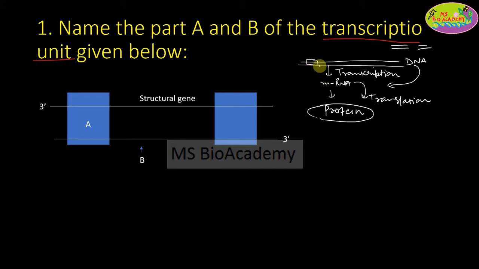Talking again about the transcription unit, it means the complete unit which is going to code for a particular mRNA, which ultimately gives rise to a particular protein. Every protein is coded by one specific sequence present in the DNA. This information for protein synthesis lies in the DNA in the form of a sequence of ATGC. It needs to be coded in the mRNA first, and then by means of translation into a protein.